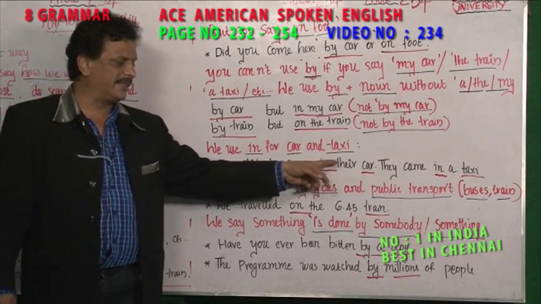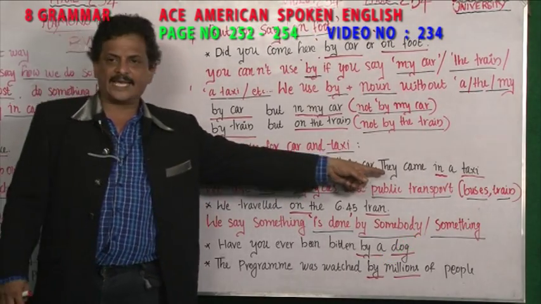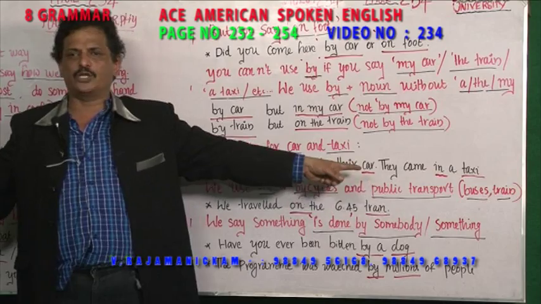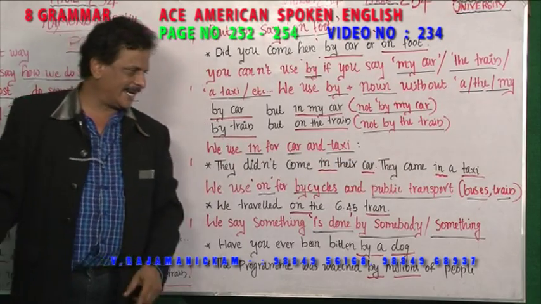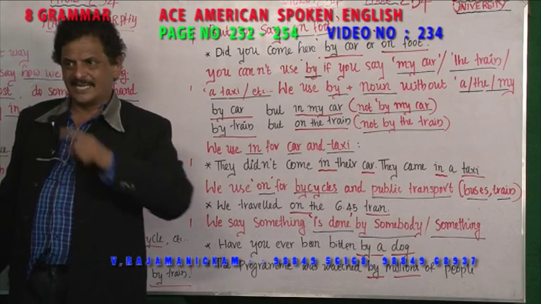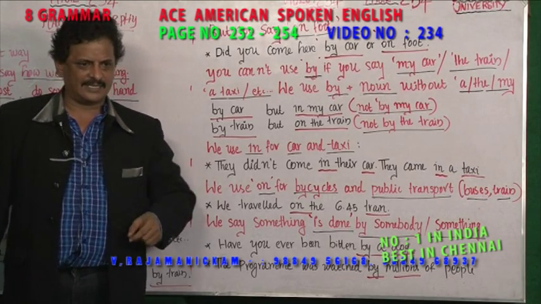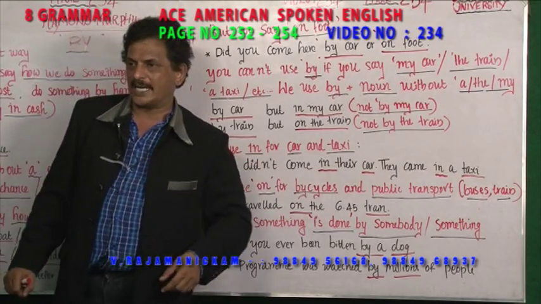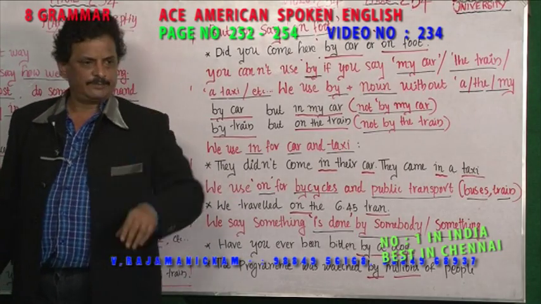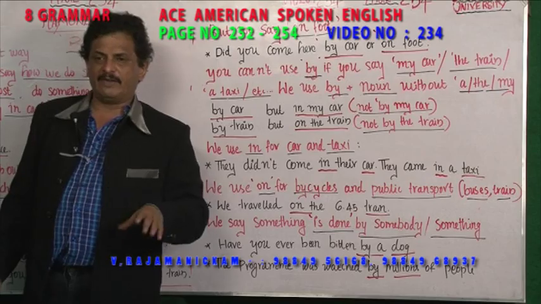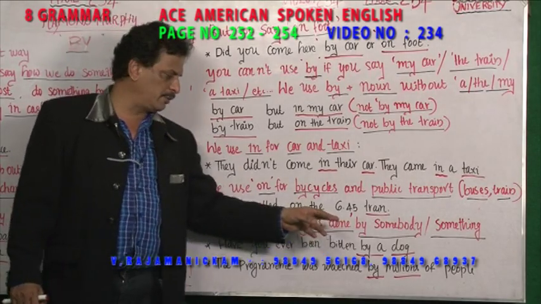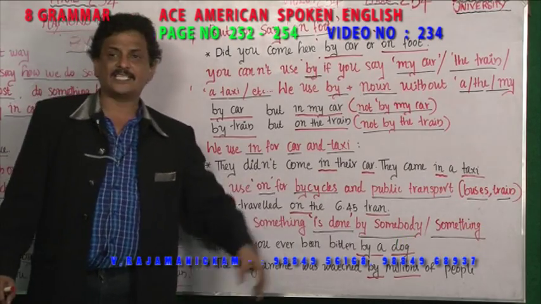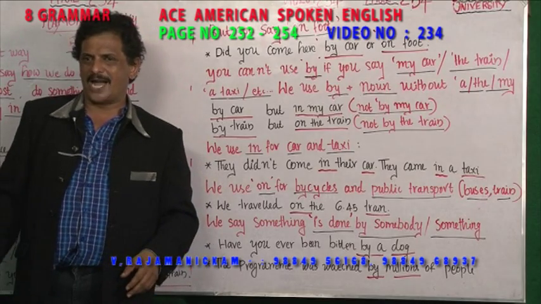So, they didn't come in their car. அவர்கள் காரிலே வரவில்லை. They came in a taxi. காருக்கு டாக்ஸிக்கு என்ன யூஸ் பண்ணுறீங்க? 'By' and 'in'. எதன் மூலமாக வரும்பொழுது 'by'. இதெல்லாம் prepositions. In a car, in a taxi. 'On' bicycle க்கு. Bicycle என்றால் என்ன? ரெண்டு சக்கர சைக்கிள். இன்னொன்று பைக், மோட்டார் பைக். பப்ளிக் டிரான்ஸ்போர்ட் என்ன சார்? பஸ், ட்ரெயின், விமானம், கப்பல். இவைகள் பப்ளிக் டிரான்ஸ்போர்ட் சிஸ்டத்துக்கு வருகிற பொழுது 'on' யூஸ் பண்றீங்க. We traveled on the 6:45 train. 6:45 train மூலமாக நாங்கள் சென்றோம்.